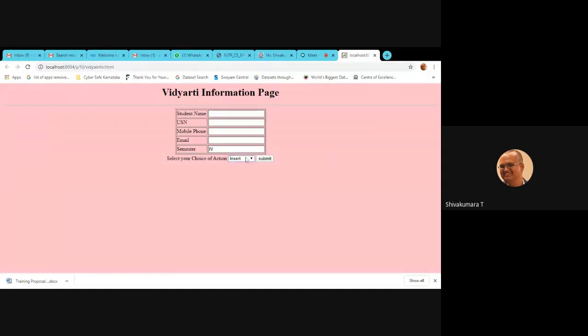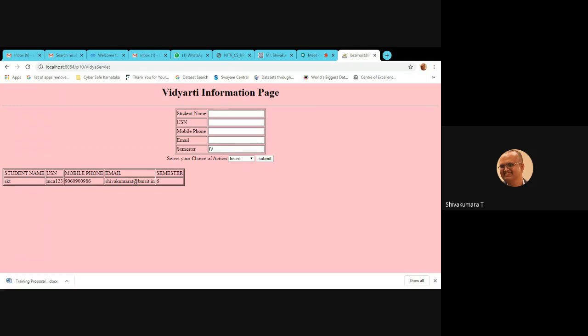Now check display, submit your request. See, it is showing the details which are already in the database. So I inserted a record right in the beginning when I created the database table. That record is going to be displayed. So how to resolve that error? By adding the MySQL connector library file onto the libraries of your project. Okay, so now it is displaying.